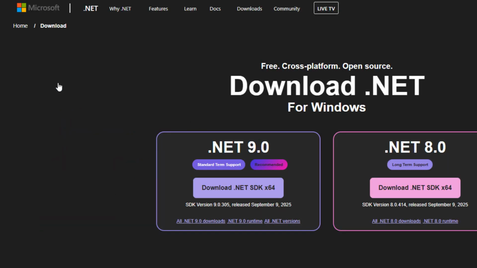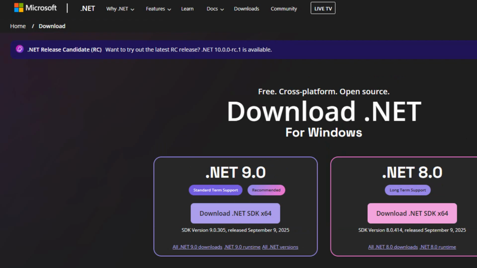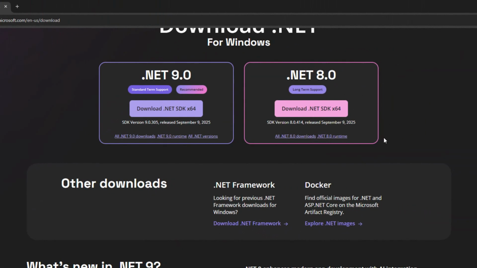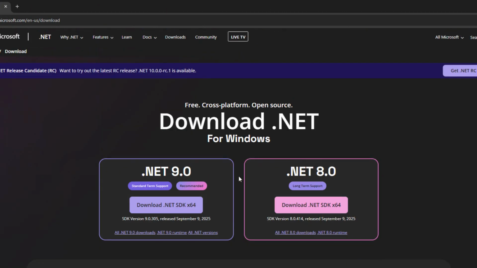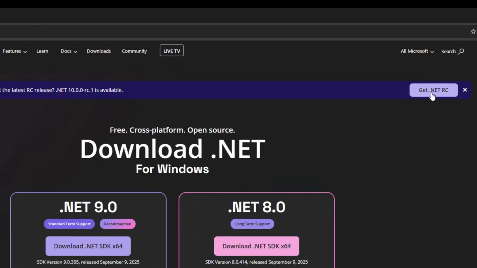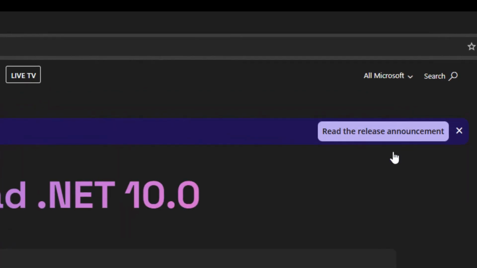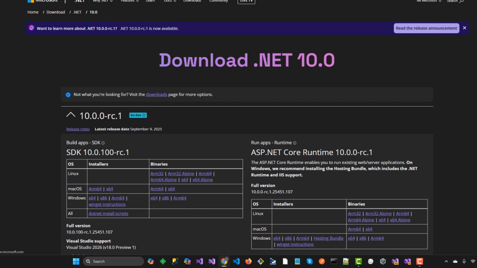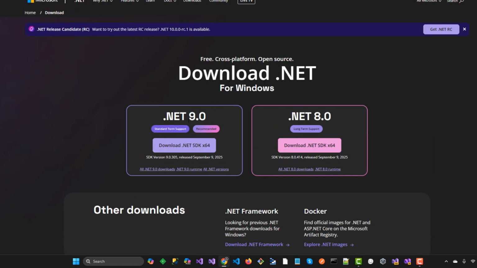We go in here. So you can download .NET 9 or 8. I am using 10 right here. So I click here. Right here, you can do it down. If it doesn't